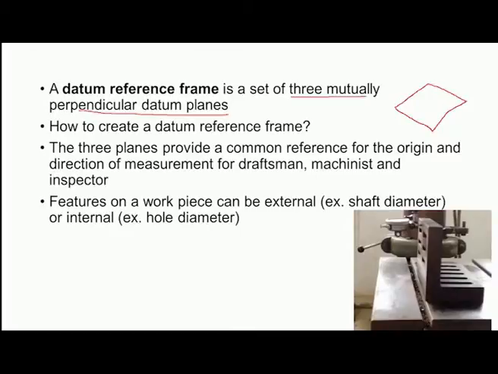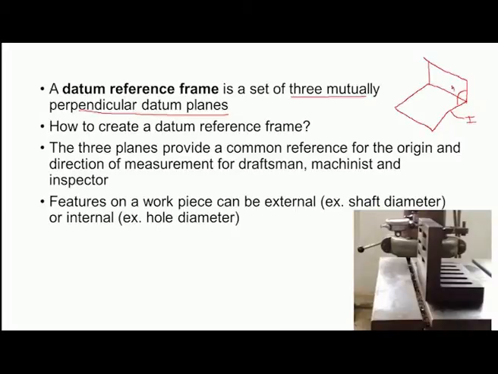and then we can keep another reference plane, vertical reference plane, perpendicular to this primary reference plane. This is primary reference plane or reference plane number 1, and this angle should be 90 degrees.